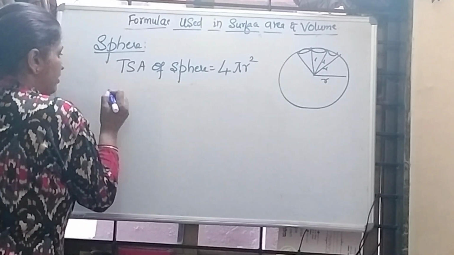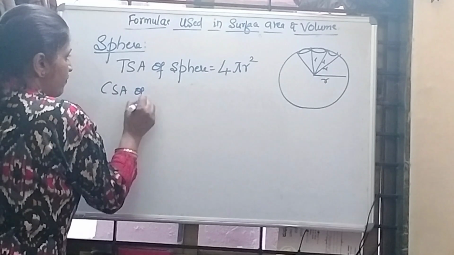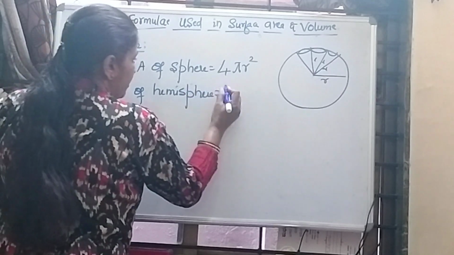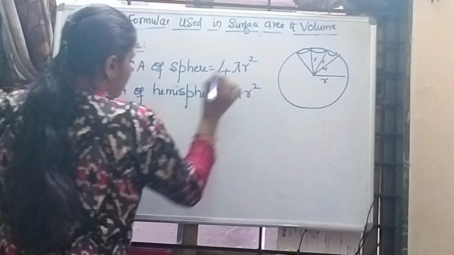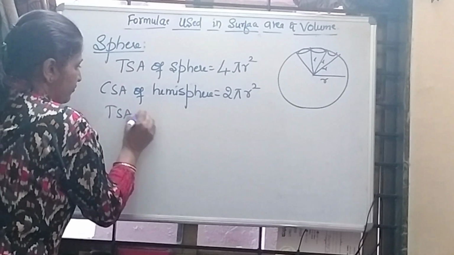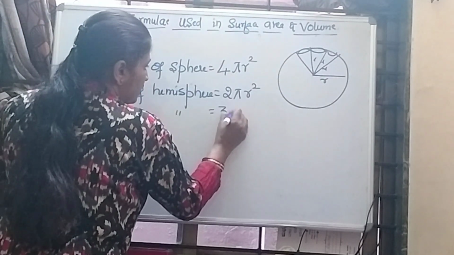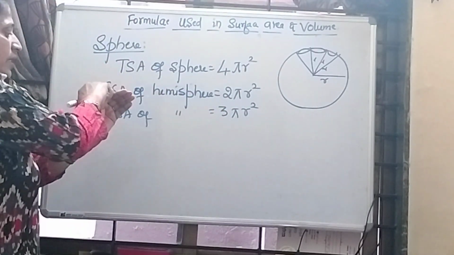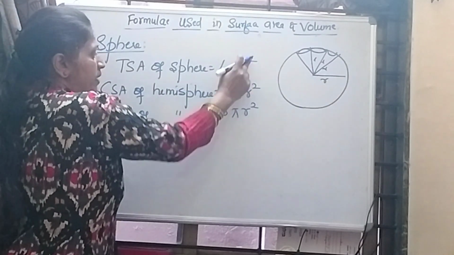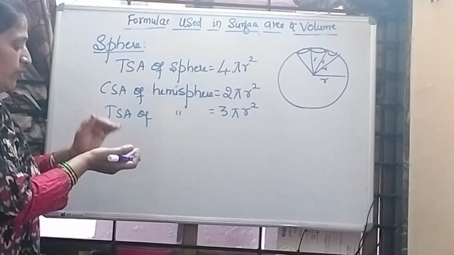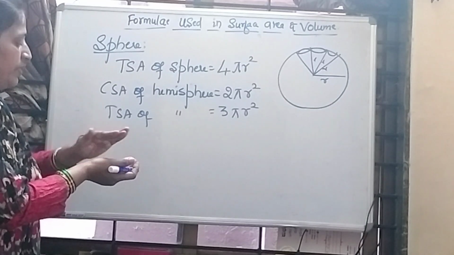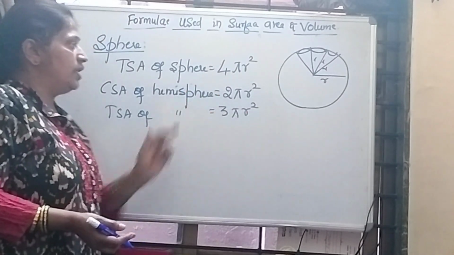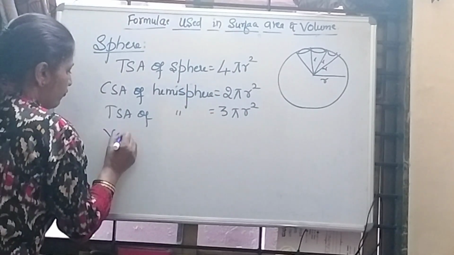So in the hemisphere, the CSA of hemisphere is 2 pi r square and the TSA of hemisphere is 3 pi r square. So when we join two hemispheres, we get 2 pi r square plus 2 pi r square, which is 4 pi r square. If we take only a solid hemisphere, then the area of the top circle plus the curved surface becomes 3 pi r square. And volume of hemisphere